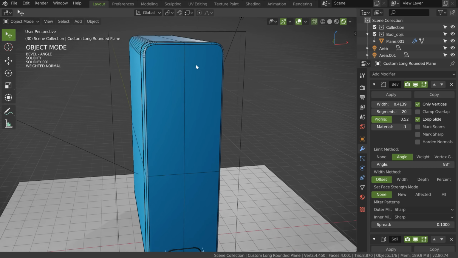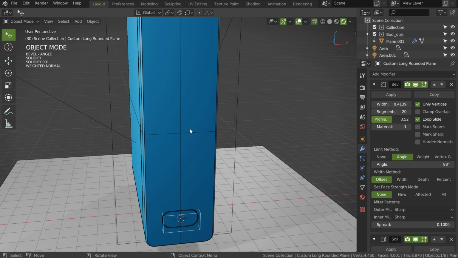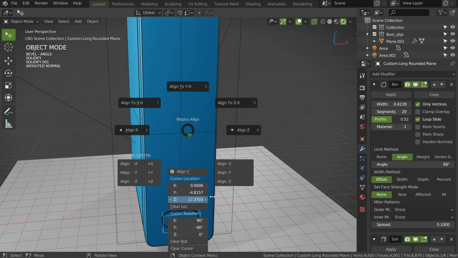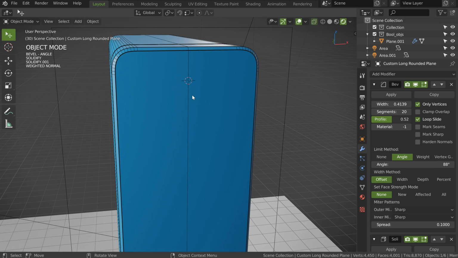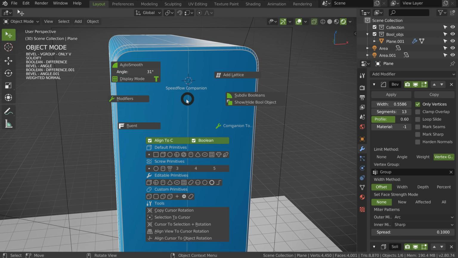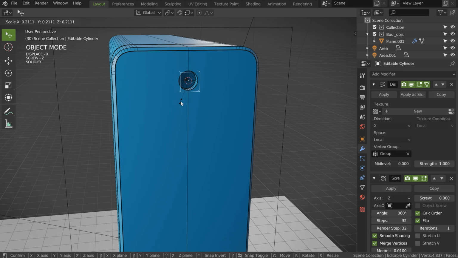I will move my cursor, so I can play with the cursor just like that. I will press Shift to decrease it. I'm too fast, I think, yes. And in fact, like that, if you select this, you call companion, you will have the align cursor and the boolean. You will be able to press Alt and click, boom, that will give you this result. Okay, so this is interesting.